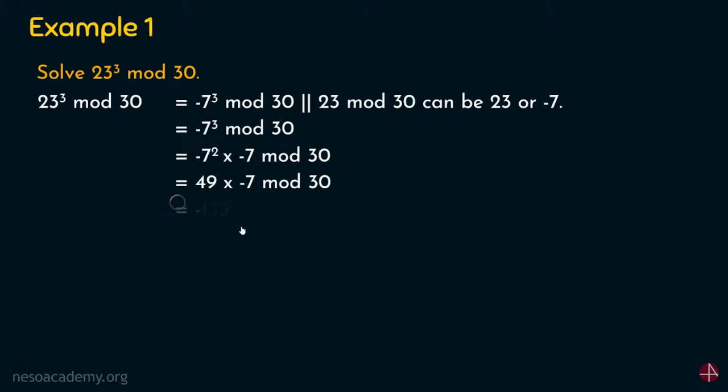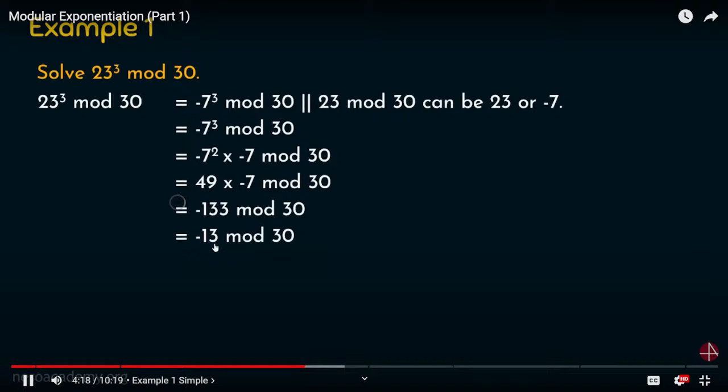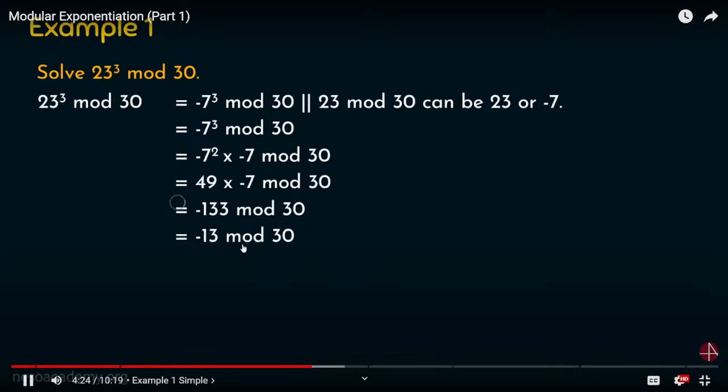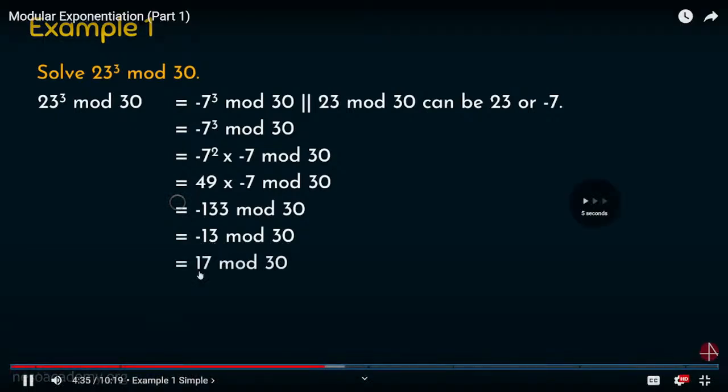So 49 into minus 7 is minus 343 mod 30. Now you can easily divide this minus 343 by 30. So minus 13 is the answer. I already told you, always represent the final result as a positive number. So it's so simple to convert this minus number into a positive number. This value is plus 17. Just see here,